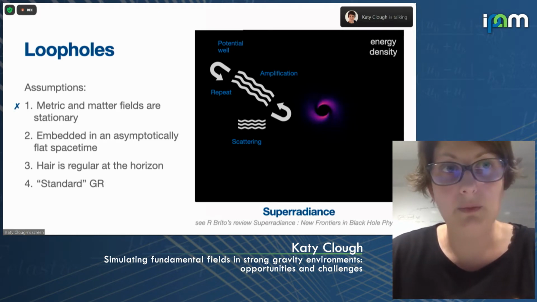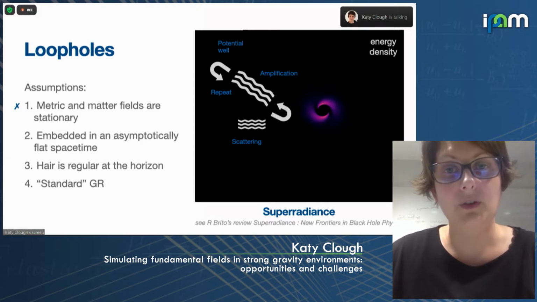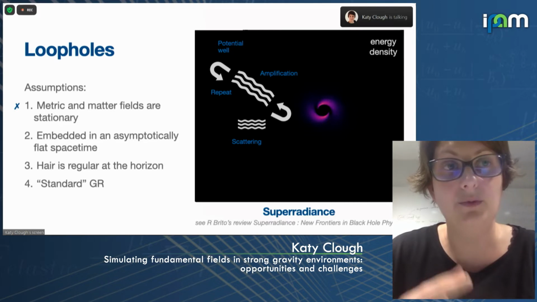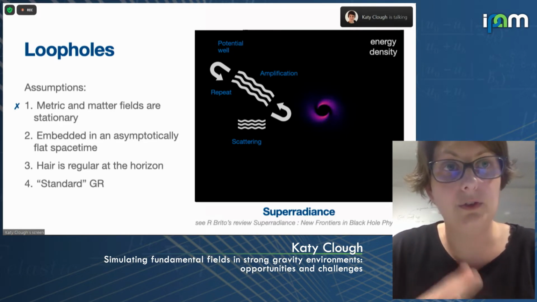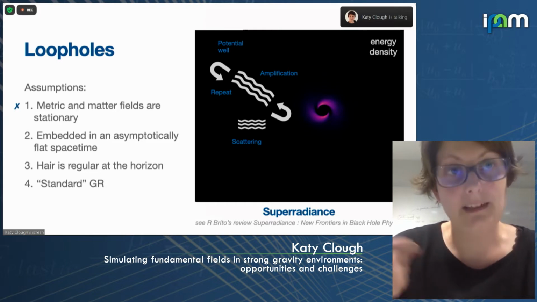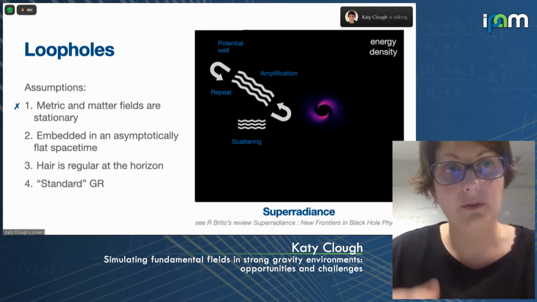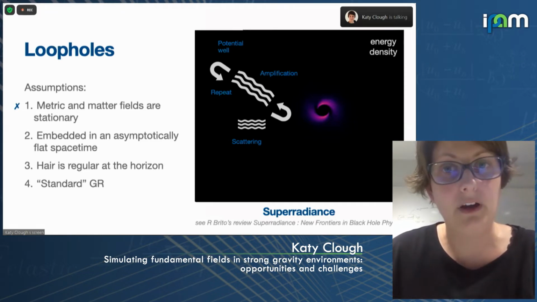But in general, when people talk about superradiance, they have in mind that it's a process that will happen with a finite duration. So the initial seed for the superradiance can come from quantum fluctuations around the black hole. That kind of goes against what I said previously, where curvature can't source the scalar field. That's a classical statement. If you have quantum fluctuations, then you can create this seed, which will then go on to be amplified by the superradiant process.